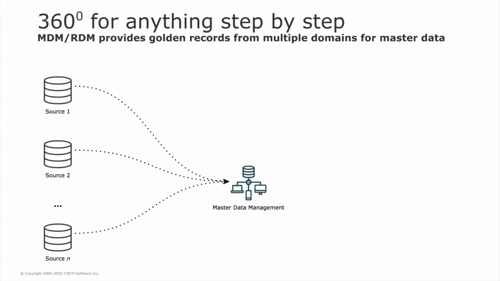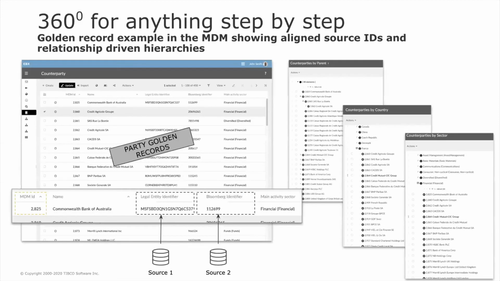If we break it down step by step, one of the first steps might be to pull information from those various sources. And these sources could be living on-prem or in the cloud. These could be transactional systems. It could be data lakes. It could be data warehouses and whatnot. But we're going to pull that information into MDM and then consolidate that data, get to that golden record, which means that we have accurate and consistent information about that business entity. And then we're also retaining all the source system IDs, because when we think about the next phase, we're going to have to align that.